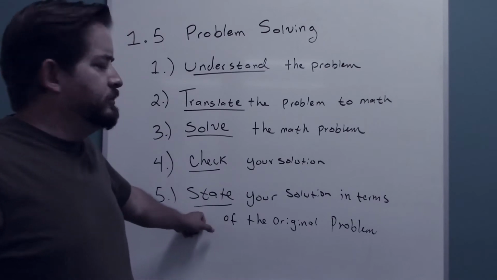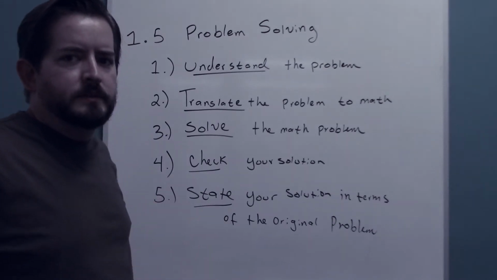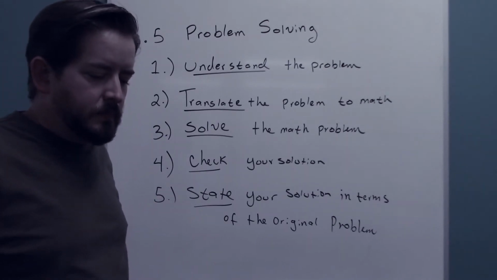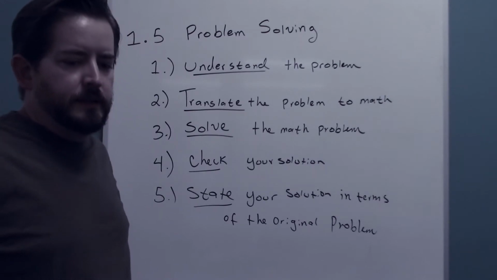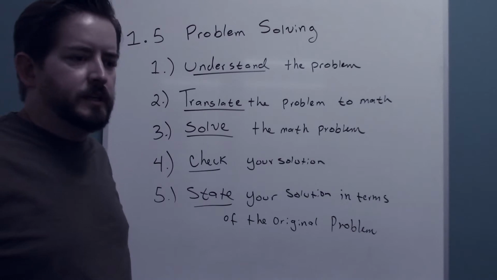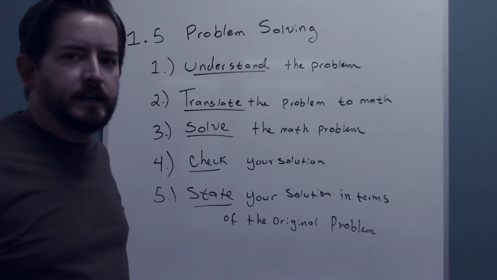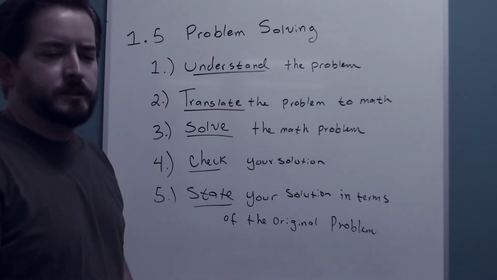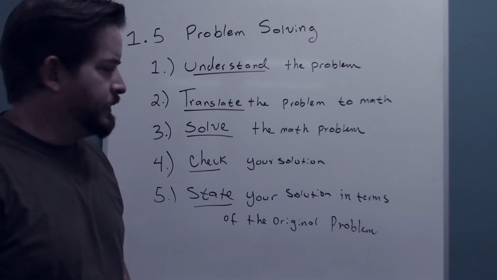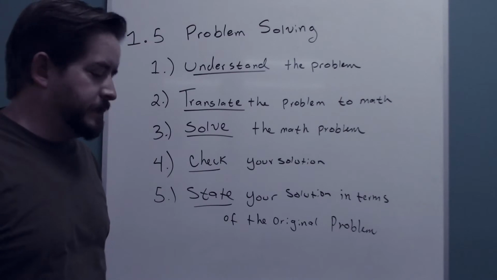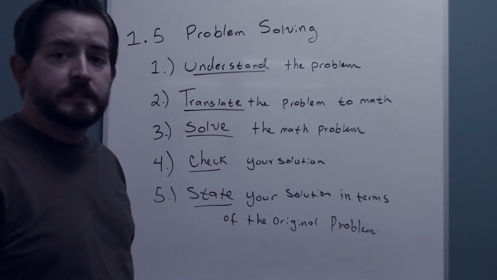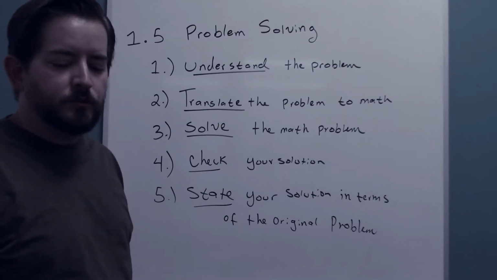And then state your solution in terms of the original problem. So that is to say, if you have a problem that deals with miles between two cities, make sure that you state your answer as the distance between the two cities is whatever miles, right? 25 miles. So that's kind of our general strategy,